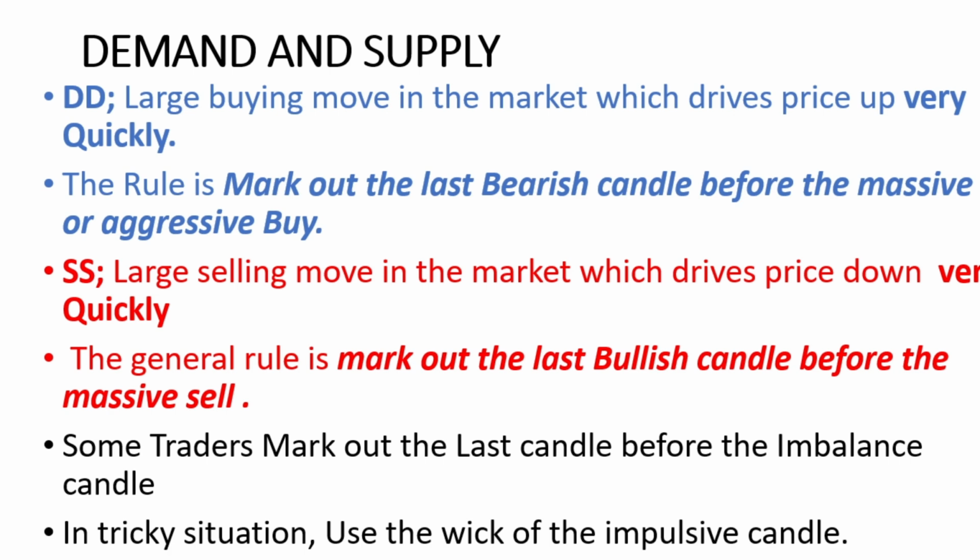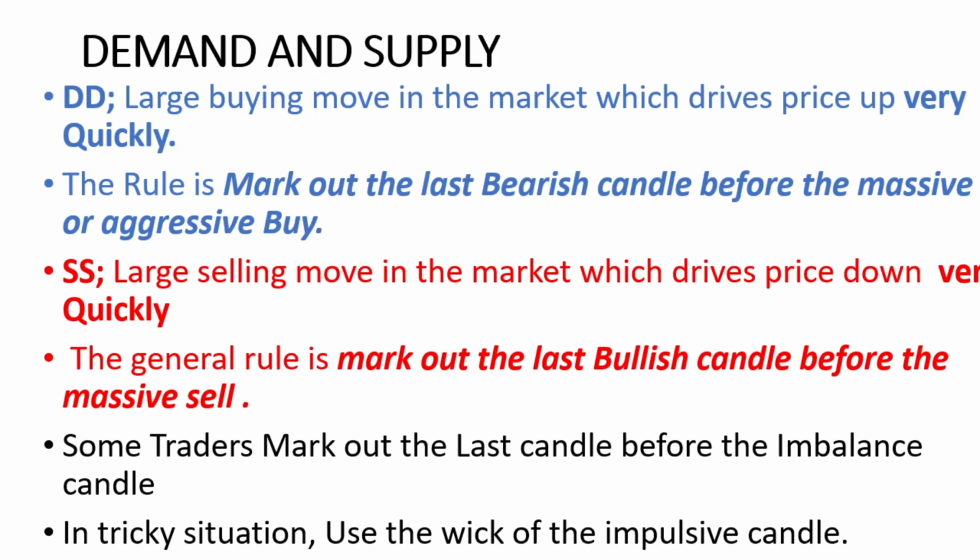And the supply level is a large selling move that occurs in the market as a result of what? Large sell orders. An area that you will see price moves aggressively from that area to the downside. That's a supply zone because there are a lot of sell orders being packed in by SMC. So when SMC pumped in a lot of money to sell a particular product, the zone in which they are selling from becomes the supply zone, and the zone in which they are buying from that will push the price up becomes the what? The demand zone. Let me show you real chart examples,